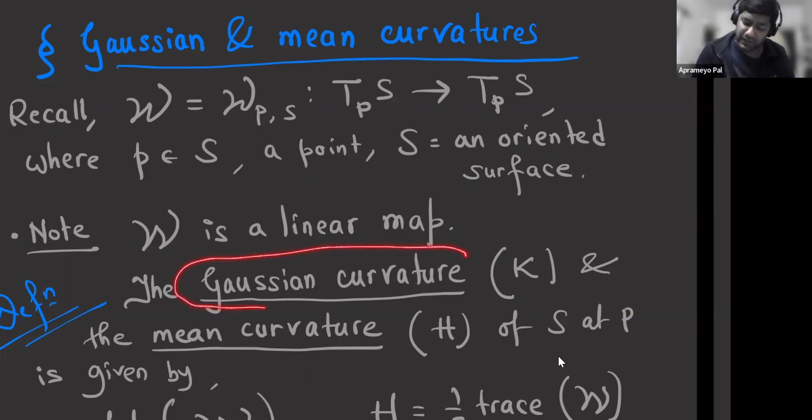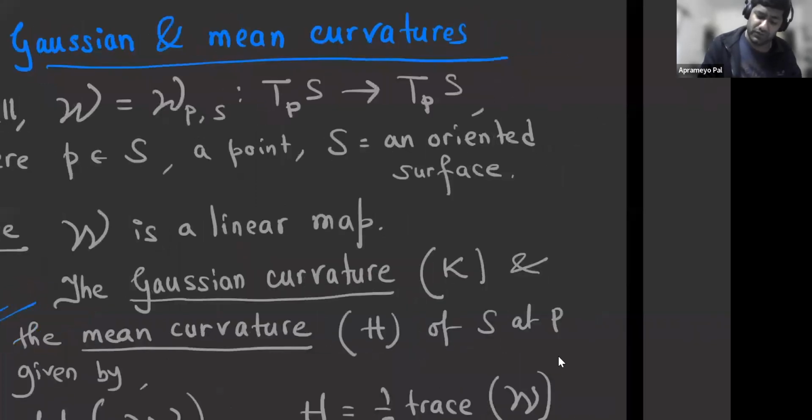Is the definition well defined, or is it maybe defined up to sign? So that's the remark. When the orientation changes, or when the sign of n is changed,